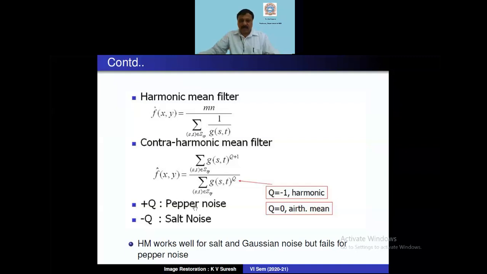That means an isolated black pixel or an isolated white pixel is an impulse type of noise. So if I want to remove pepper noise, you have to use positive Q here. If I want to remove salt noise, you have to use negative Q here. Now, typical values of Q, if you just substitute here, for example, when Q is minus 1 here, so you